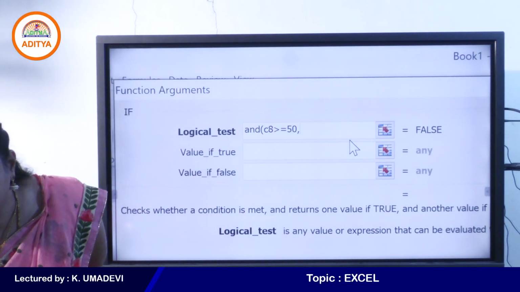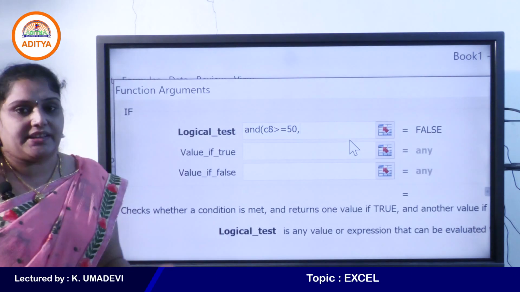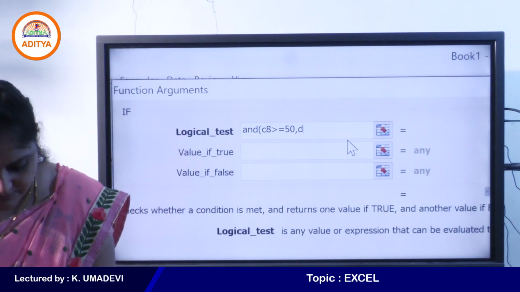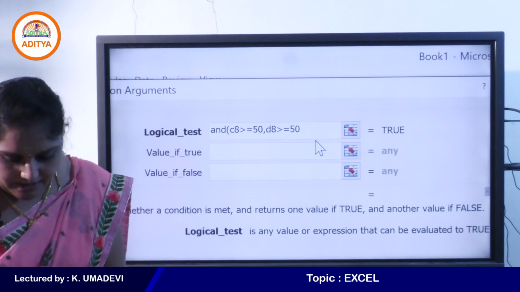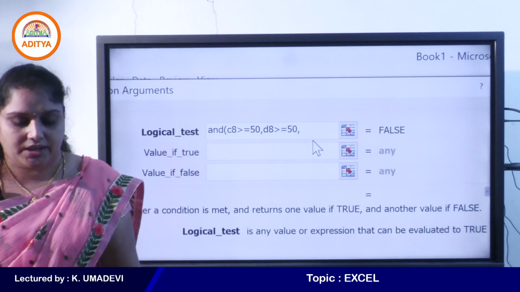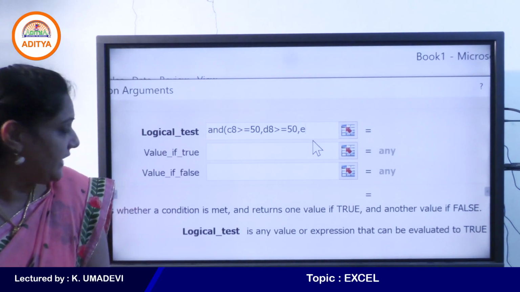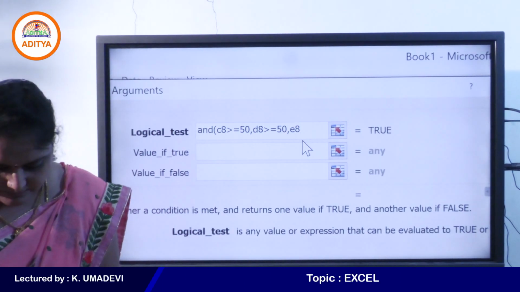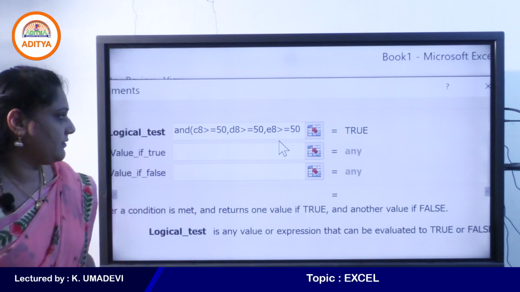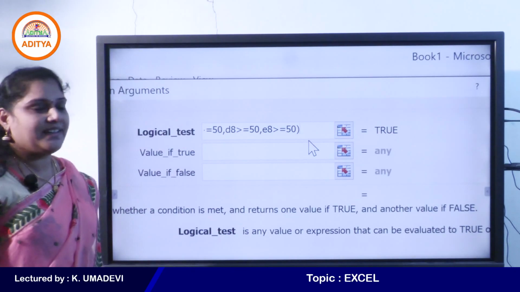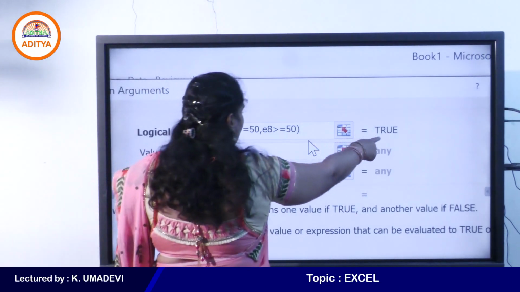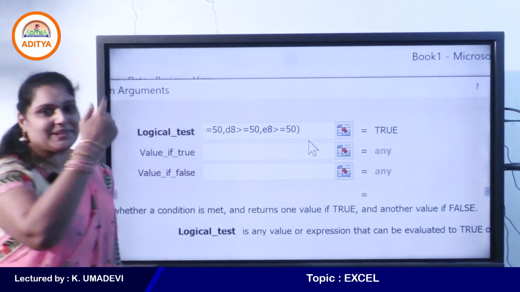Very good. See, C8 greater than or equal to 50, comma, D8 greater than or equal to 50, comma, E8 greater than or equal to 50, bracket close. See, here the result is true, right? Why? Because all these cells contain values greater than or equal to 50.